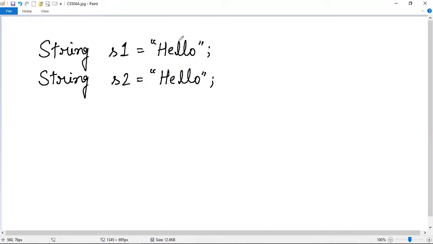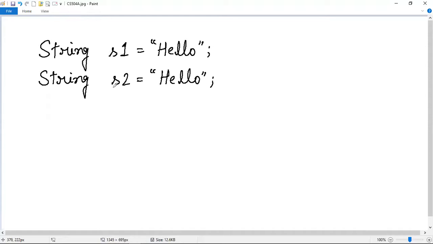This object will then be referenced by this string class reference variable S1. In other words, if the literal is not available in the pool, a new object will be created in the pool, and the address of that object will be assigned to the reference variable S1.